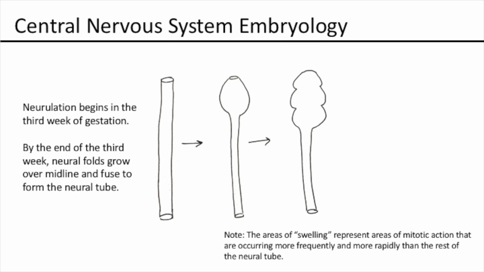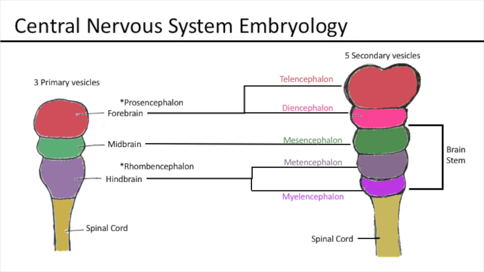Eventually we go on to make 3 little swellings called the 3 primary vesicles. So looking at this image, on the left we have a little ice cream cone looking thing. Remember that this is the consequence of neurulation, where the neural tube has folded and created 2 ends, the cephalic or the head portion, which is up at the top, and then the caudal or tail portion, which is at the bottom. The topmost part, which I've illustrated in this image as a reddish color, is the first of 3 swellings. This is called the forebrain, or sometimes the prosencephalon. Right below the forebrain is the midbrain, drawn in green, and below that is the hindbrain, also sometimes called the